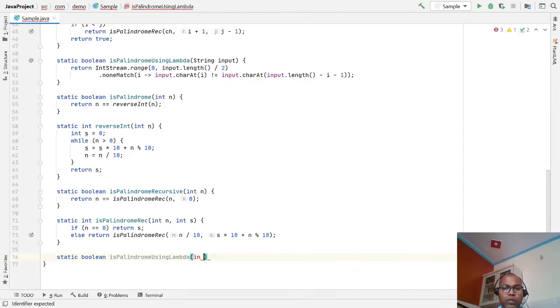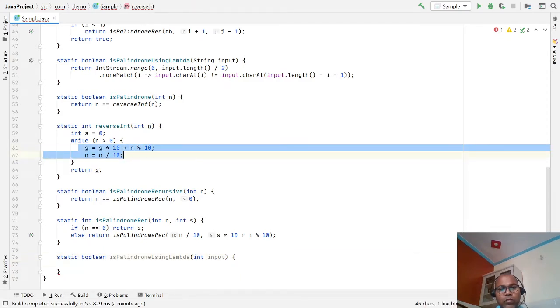Your input. So here we are doing the same thing, which we can write in the lambda expression.